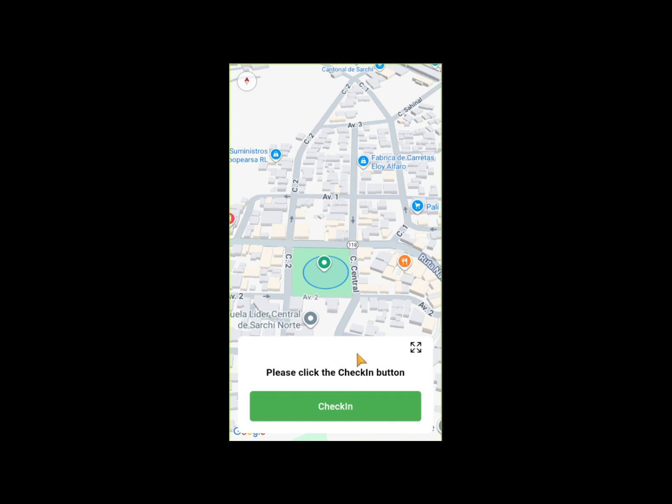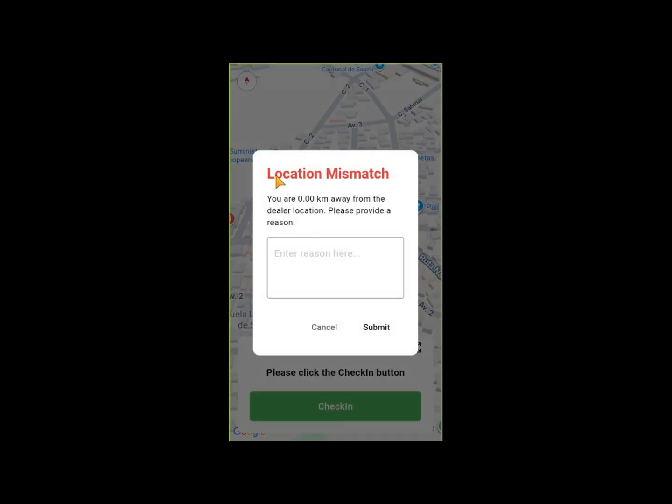So you can see this is a button. When you reach your dealer location, then you click here, checking. Right now it's showing location mismatch. It means you are outside the 500 meter radius of your dealer location, that's why it's showing location mismatch.